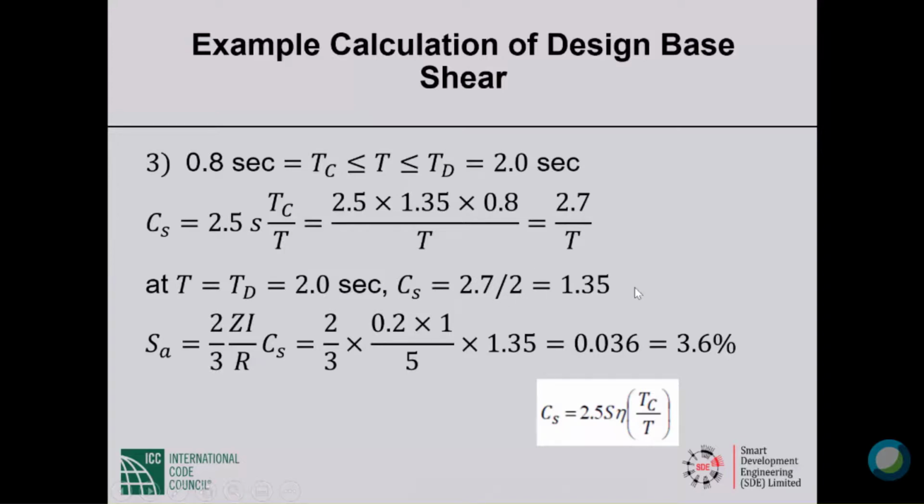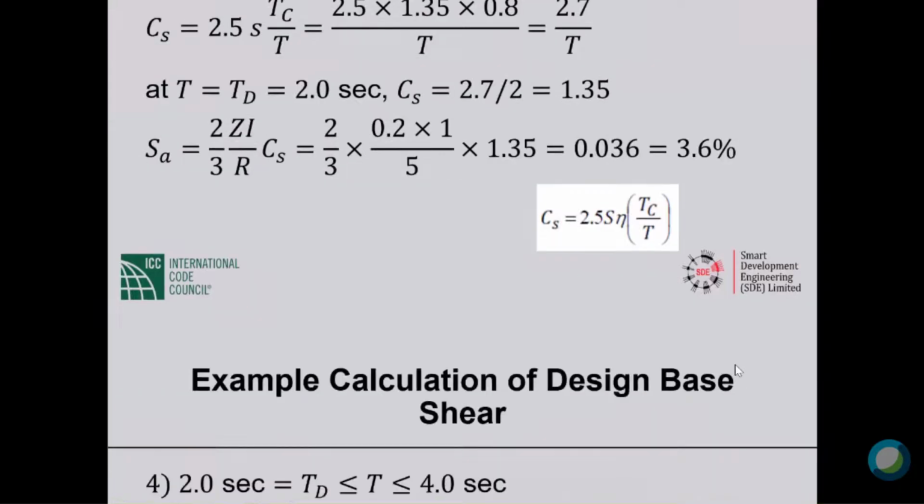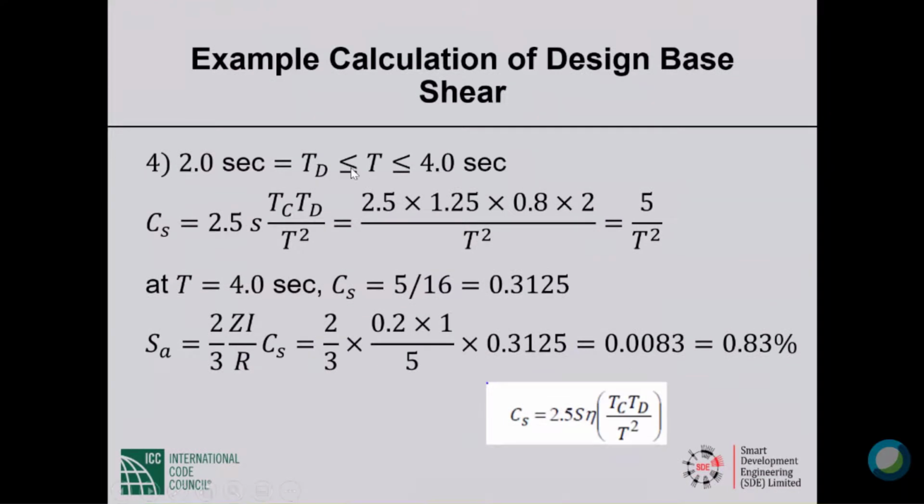We take the 1.35, multiply by 2/3, Z of 0.2, I of 1 divided by 5, we get 3.6% for S sub A. And then from 2 second to 4 second, which is the end of the BNBC spectrum,